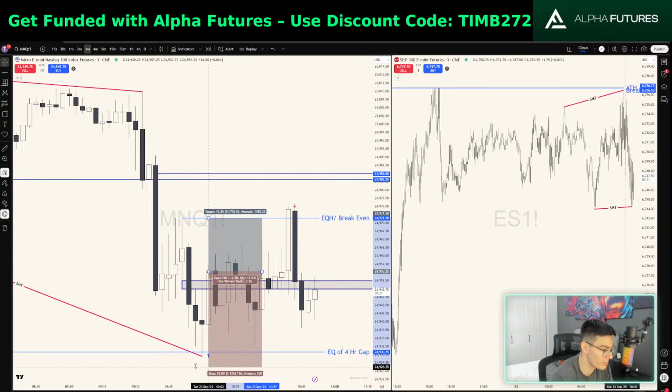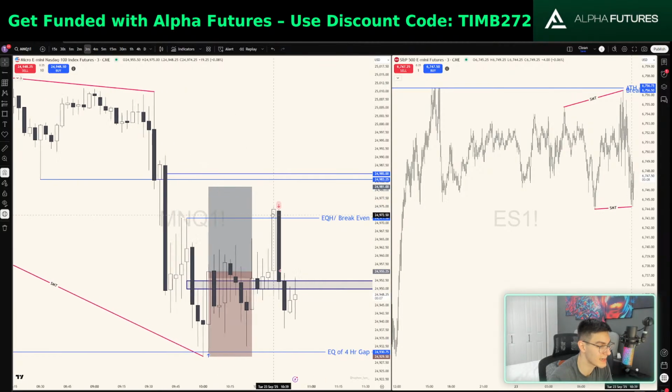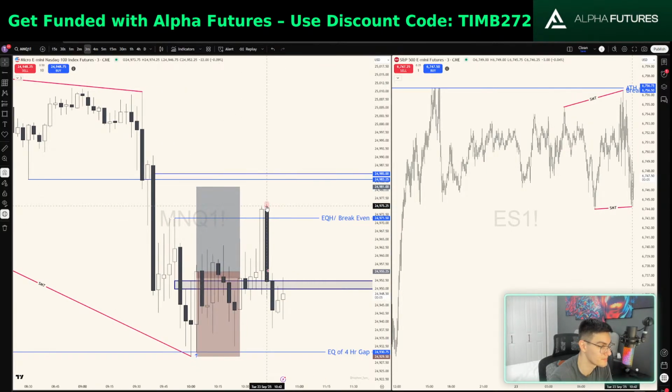Me personally, the way I played it was I put this stop all the way at the SMT low, which worked out for me because we actually ended up tapping in perfectly to the EQ of these wicks right here, which I did say was my last line of defense. From there, I wanted to go for a 1-to-1 risk to reward. It makes me mad that in hindsight I could have targeted that and secured a payout today, but I hate targeting negative RR. I really should have secured that payout. But whatever, the past is the past.